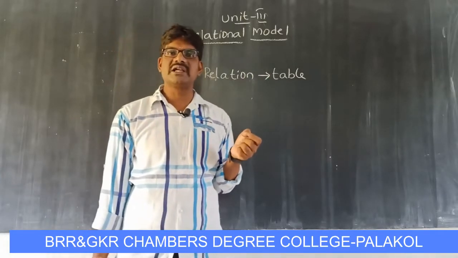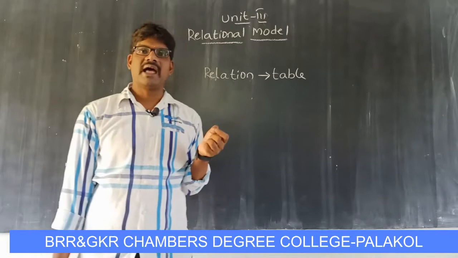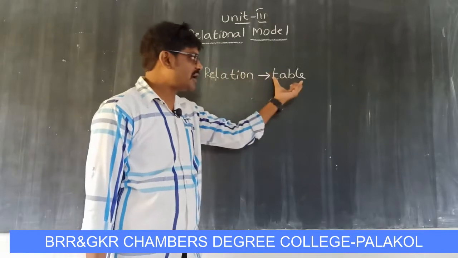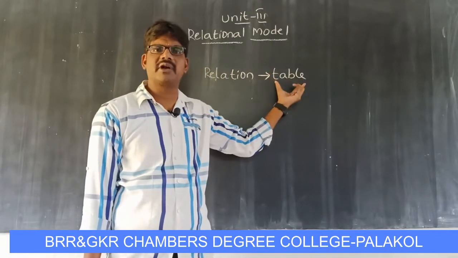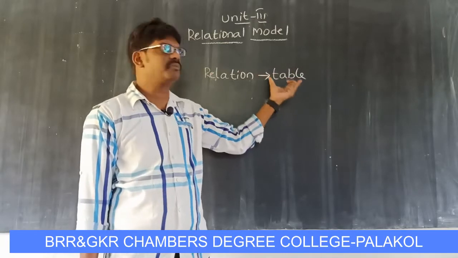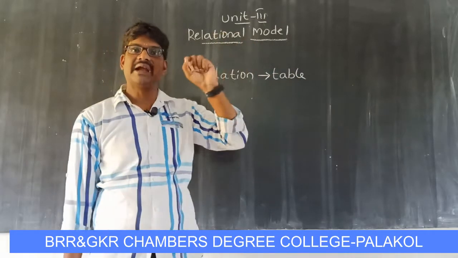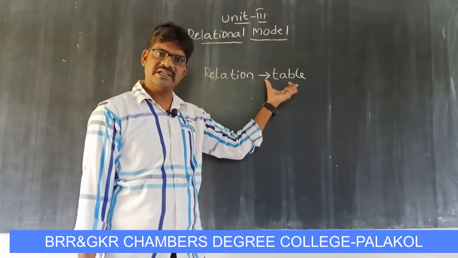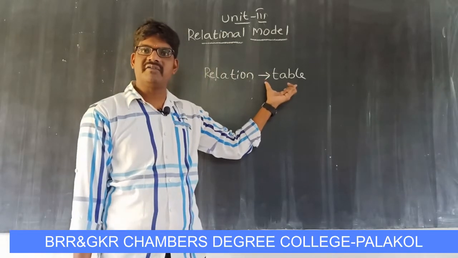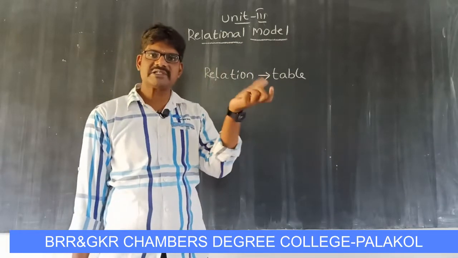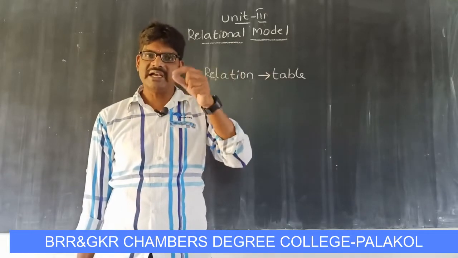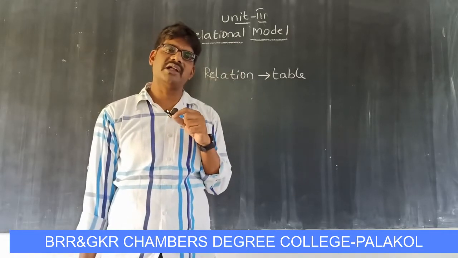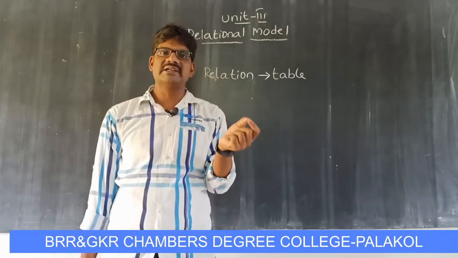In the relational data model, data are stored as a table. The format of the data in the relational model is table format. It is very important here. The table is a very important component in the relational model because the data is represented in the form of a table. However, the physical storage, that means the internal storage, is independent of the logical organization, the logical structure. It does not depend on the physical and logical structures.